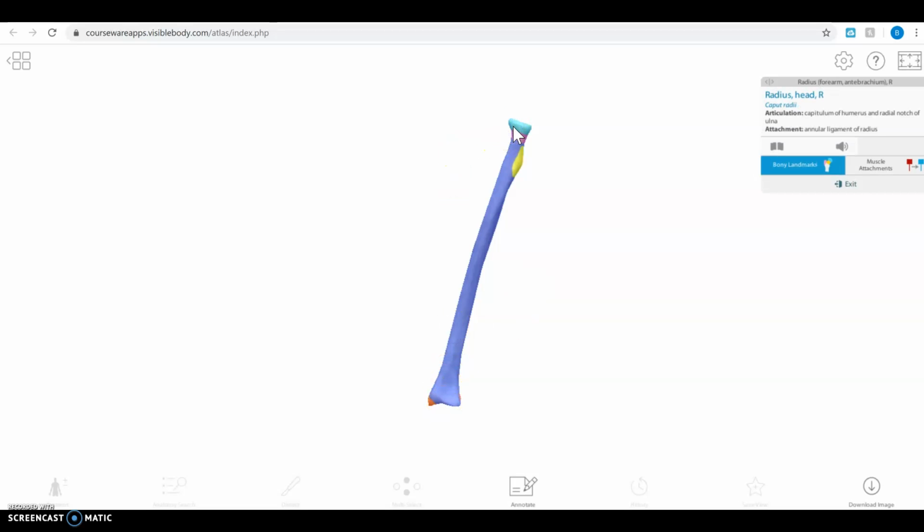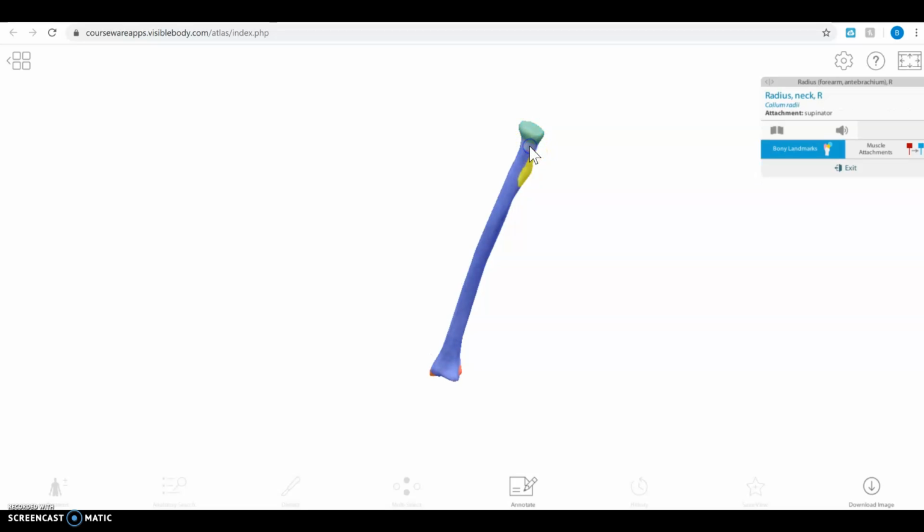Okay, so here you have the head of the radius. It's nice and round and flat on the top. And then right below that, you have the neck of the radius. Here's your radial tuberosity. It always faces medially. And then if you look down at the bottom,